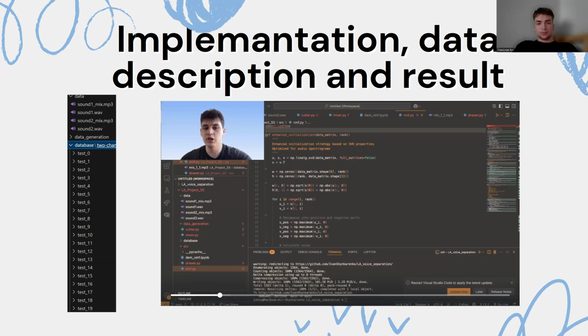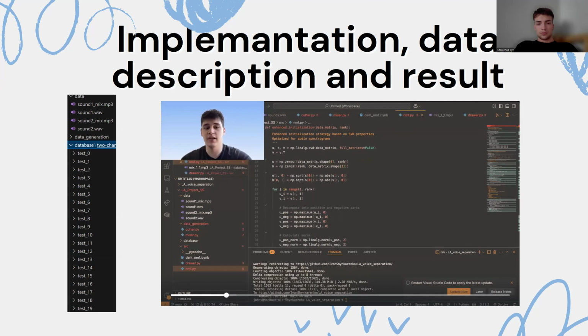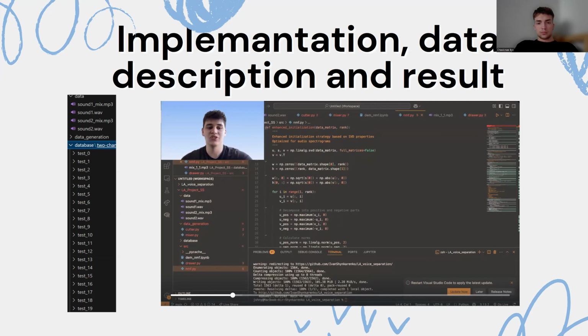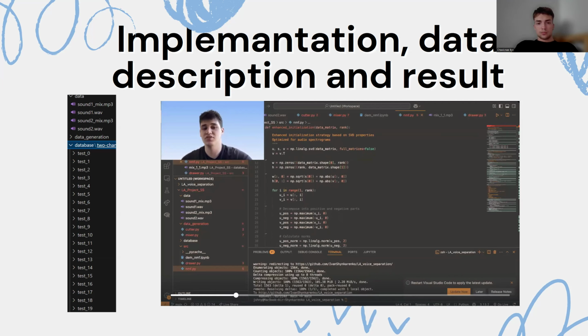Instead of a random start, we use SVD to get the leading singular vectors and build non-negative W and H by decomposing each singular vector into positive and negative parts, picking whichever piece has larger energy. The smart init often speeds up convergence and avoids poor local minima, especially on audio spectrograms.